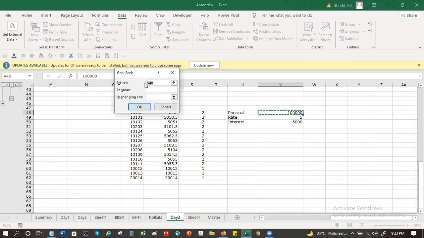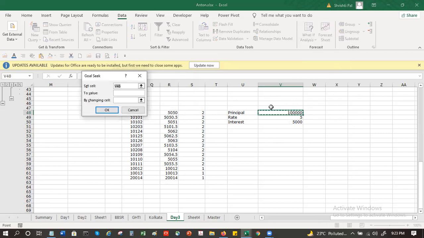Now, obviously it won't be so simple every time. Maybe you want to change, set this 548 to a value of 250,000, or let's make it a bit more, 275,000, by changing this rate.